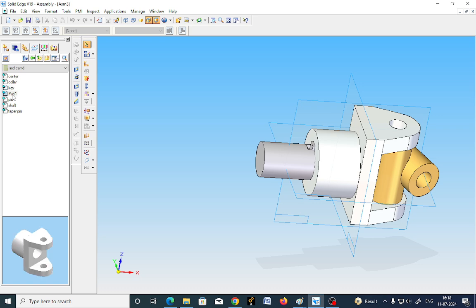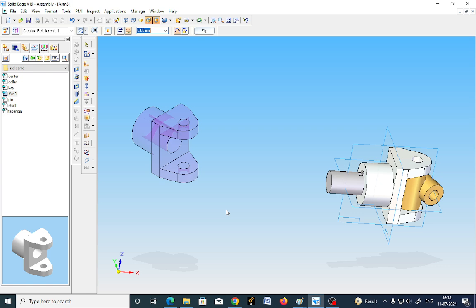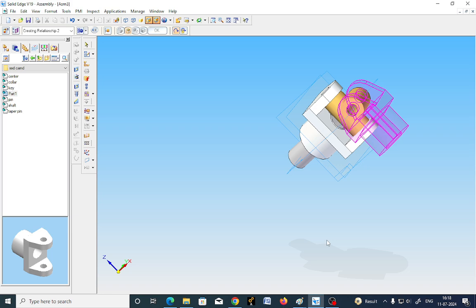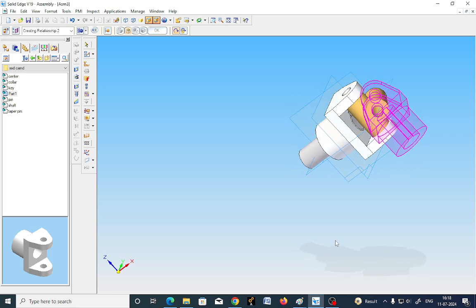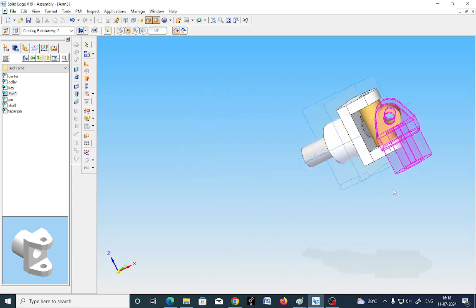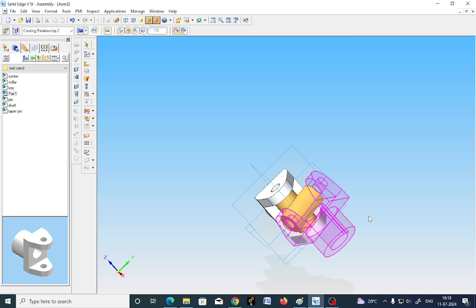Just double click on a part 1. Okay, so use options axial alignment. This axis has to be collinear with here, right? Next, if again I thought it has a possibility to